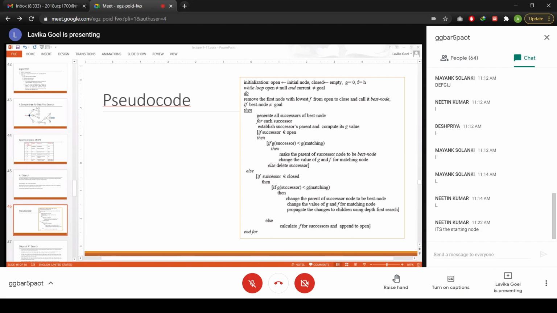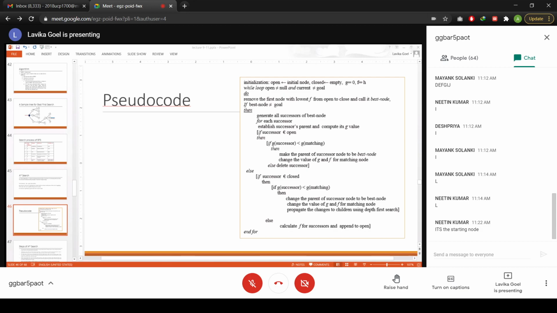Now we want to reach the goal state. So this while loop will continue till when? It will continue till your open list becomes empty or you reach the goal state. If the current state becomes the goal state, you will terminate. Otherwise, if your open list becomes empty, that means there is nothing to search. You have scanned and generated all the nodes and there are no new nodes left to be scanned, and still you are not able to find the goal state. So you will stop there if your open list becomes null. There is nothing in the open list.